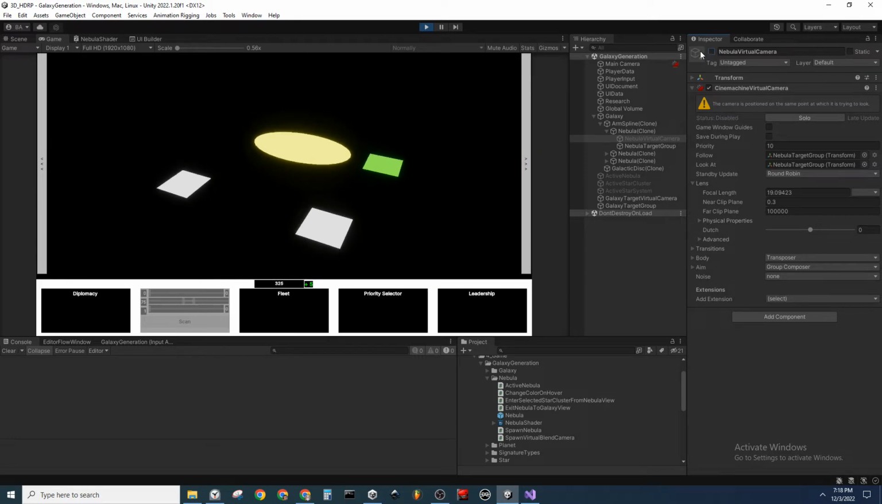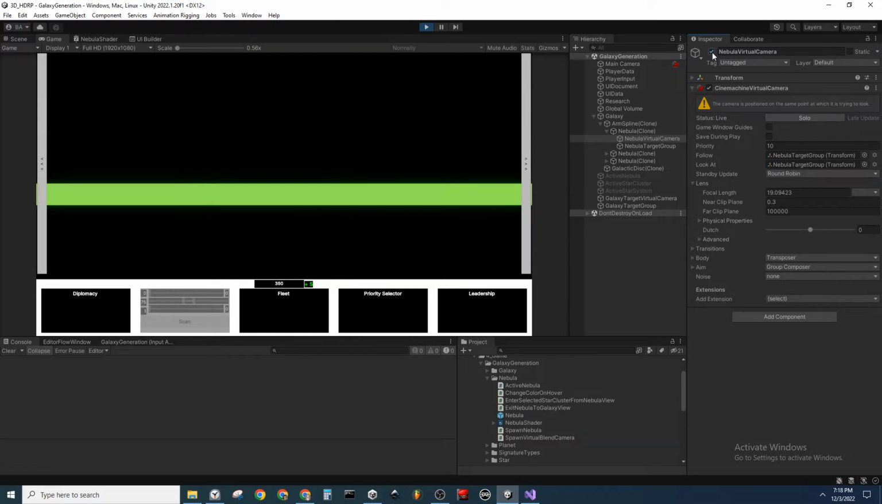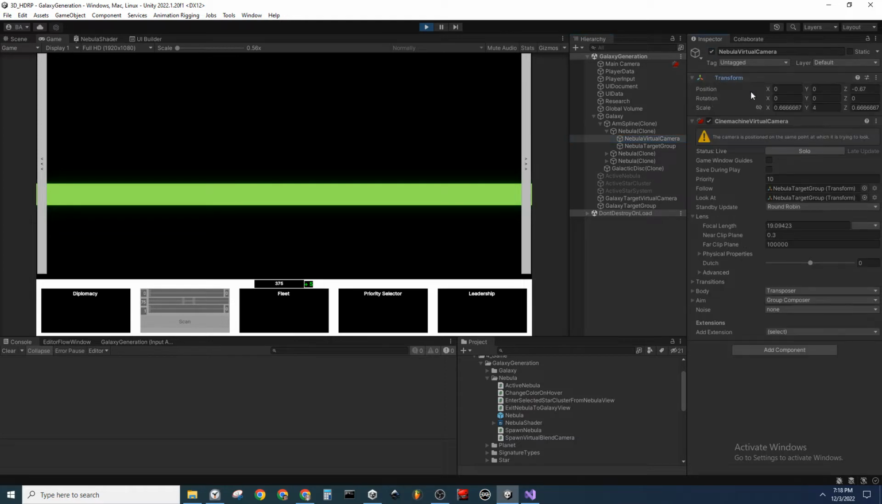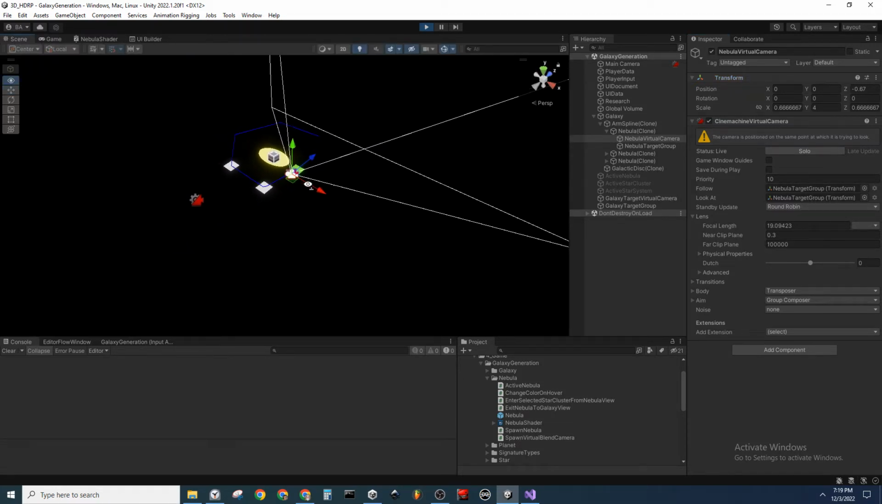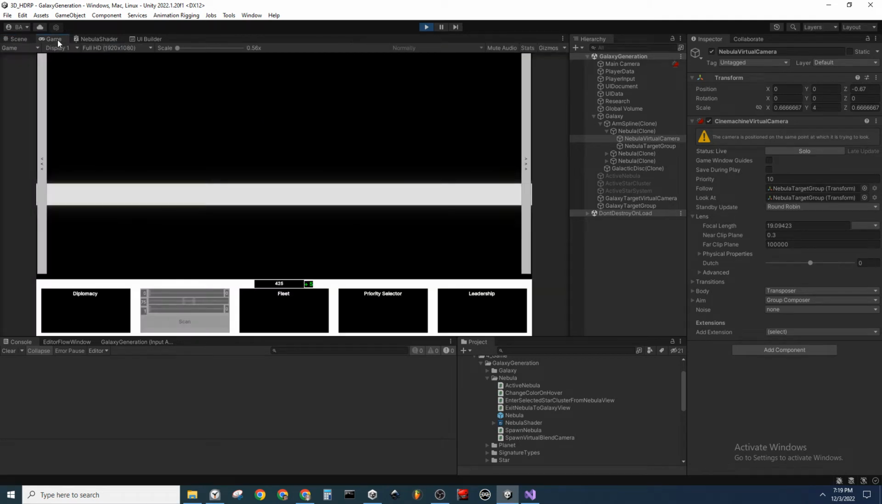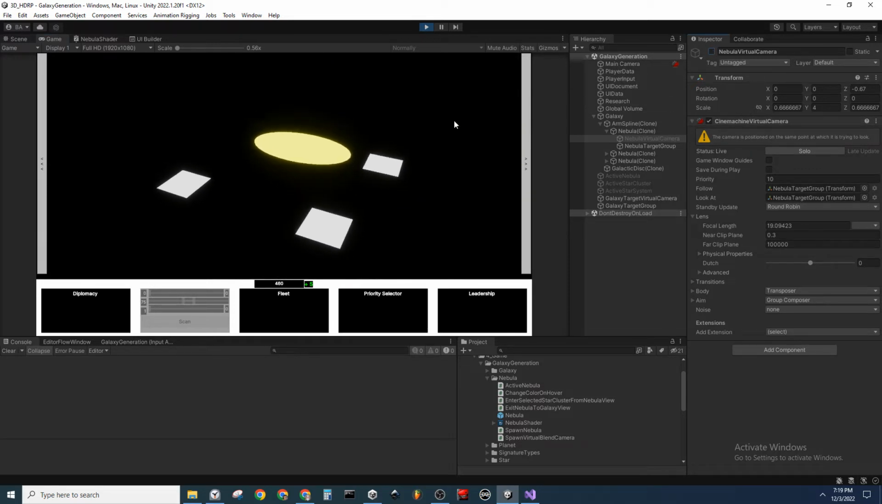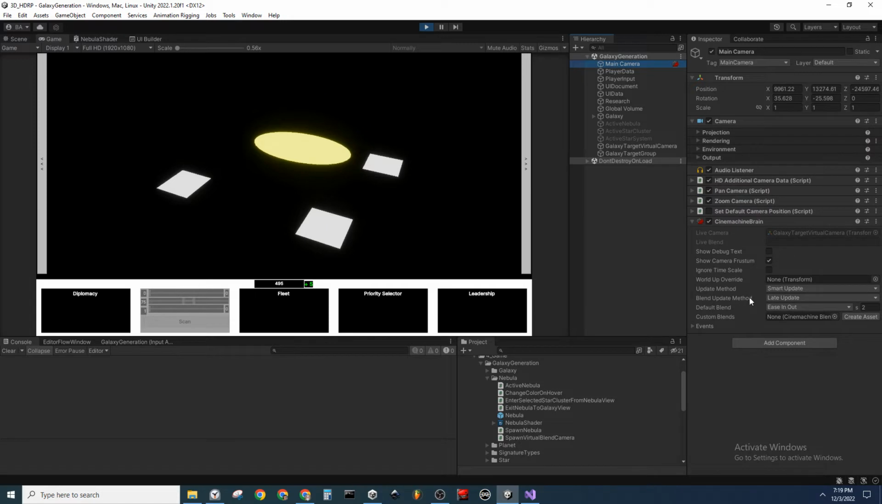No, it says it's not rotated at all. Oh, it actually says it is. Oh, you know what? I think I know what the deal is. Okay, so it is transitioning basically correctly. If I turn off this camera and then go back to the main camera,